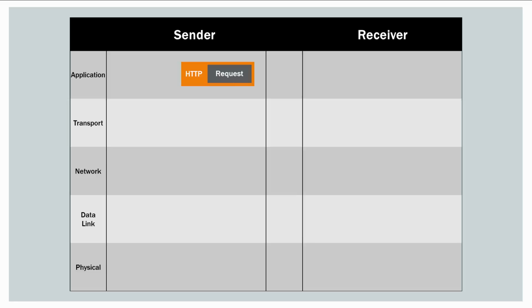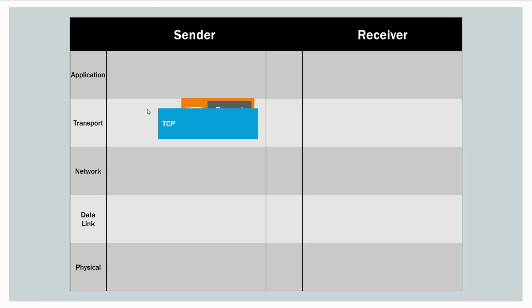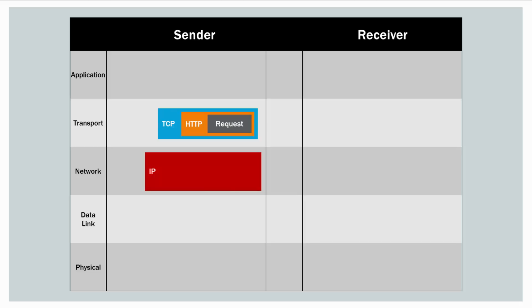website. And that message gets handed by your browser to some software on your computer that does the transport layer. Now, most people use TCP on your computer. It's by far the most widely used language or protocol at the transport layer. And so our message goes from the application layer and it gets encapsulated or put in a TCP segment. And then that TCP segment gets handed off to another piece of software on your computer called the Internet Protocol, or IP,